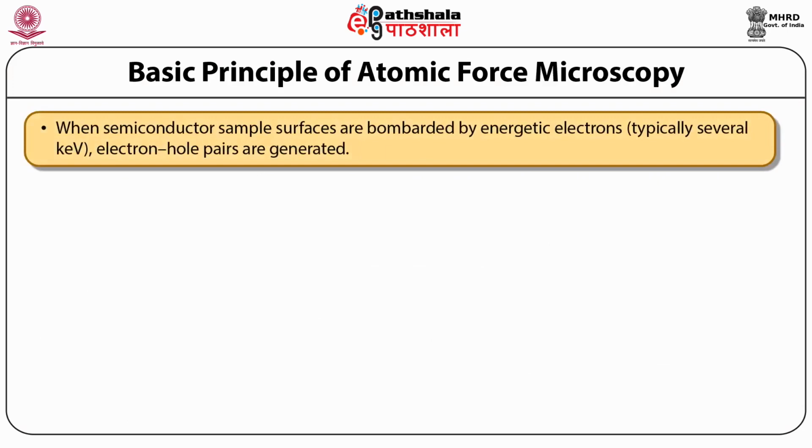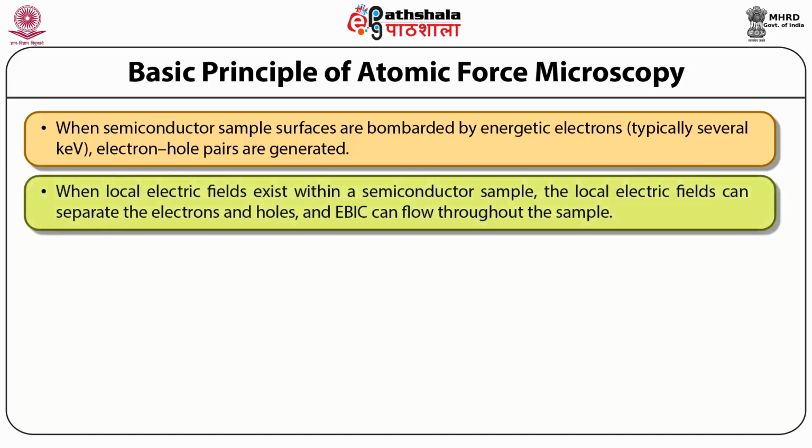When semiconductor sample surfaces are bombarded by energetic electrons, they typically have several kiloelectron volts energy. Electron-hole pairs are generated. The generated electrons and holes are free to move in a sample. In the absence of any local electrical field, these electrons and holes move randomly and typically recombine. When local electric field